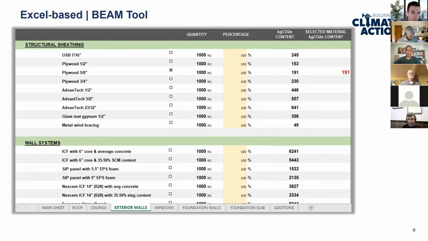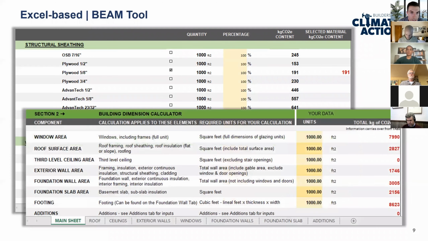At its core, you have a selection of predefined building materials or building assemblies. You can define the general quantities in terms of, for example, the area of the wall system, and then select which type of material you are using for that system. It gives you a nice summary in terms of the different structural and envelope systems.